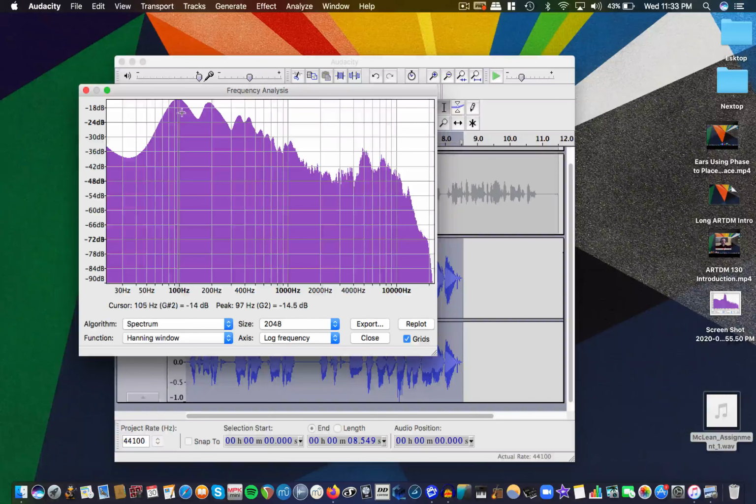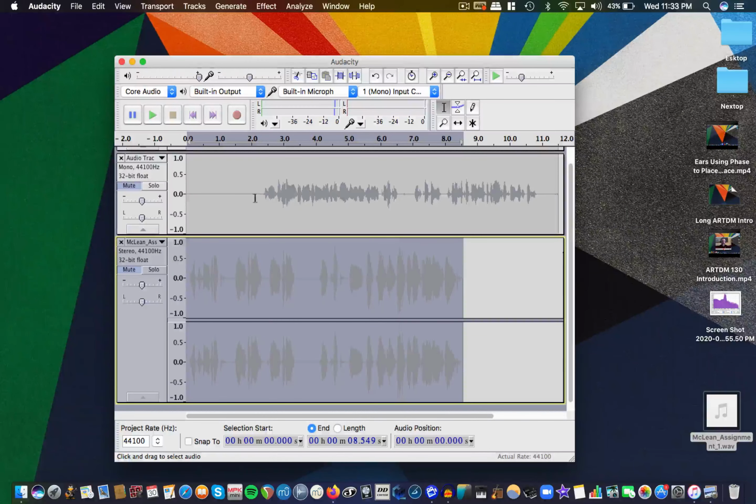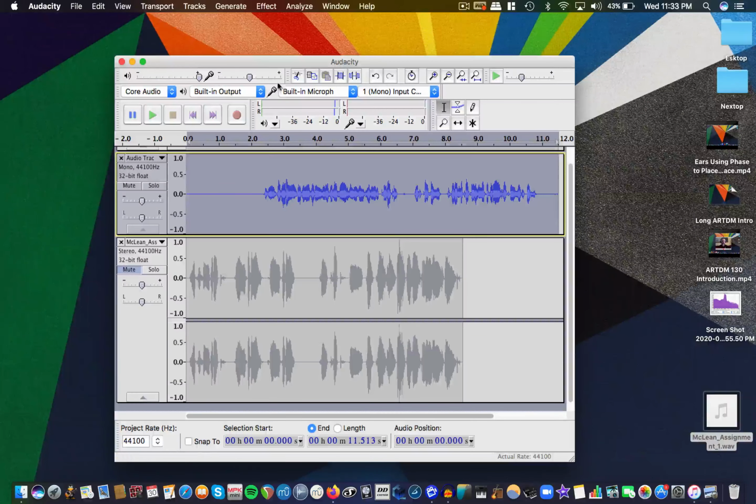And then notice how it looks like there's a low-end resonance right around 100 hertz here, and then maybe another one around 200. Well, let's do that. I'm going to mute that. Let's do that same little trick on the track that we're fixing up here, and we're going to go to